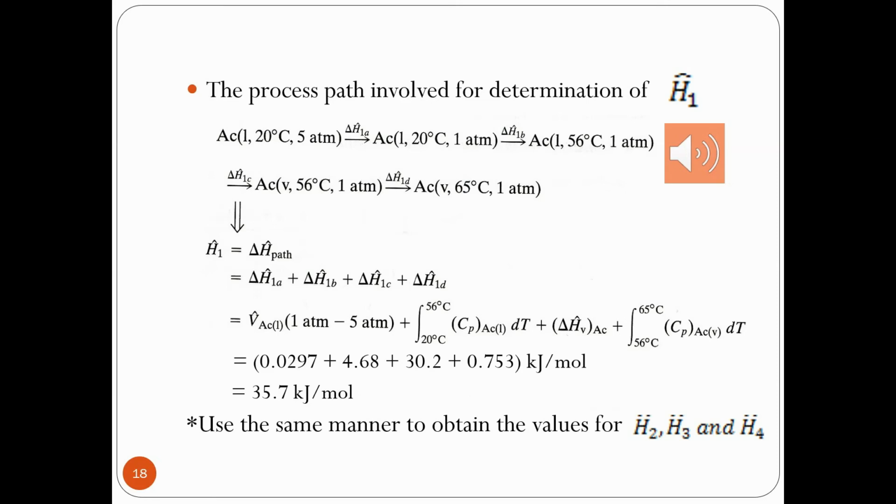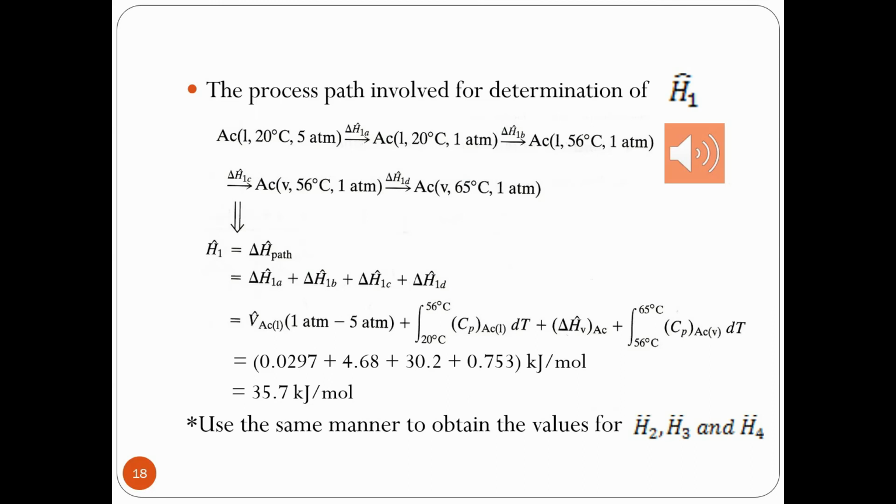So here, the change of specific enthalpy 1 is equal to the change of specific enthalpy at step A, plus the change of specific enthalpy at step B, plus the change of specific enthalpy at step C, and lastly the change of enthalpy at step D. So you just substitute all that you have referred to. So at the end, the specific enthalpy that you're going to get is